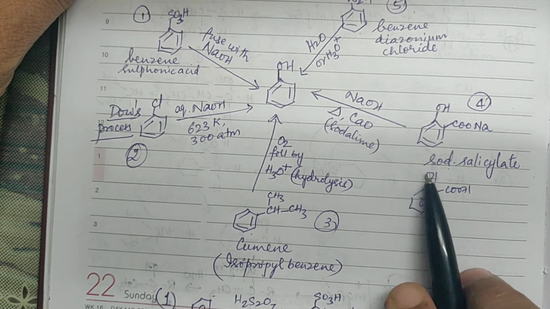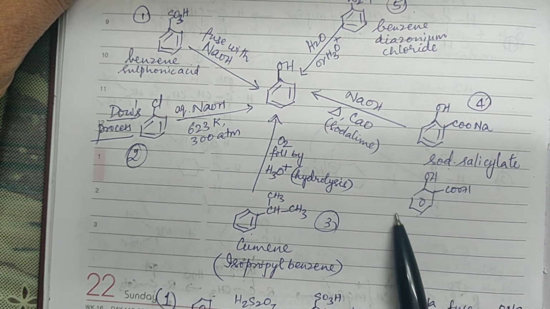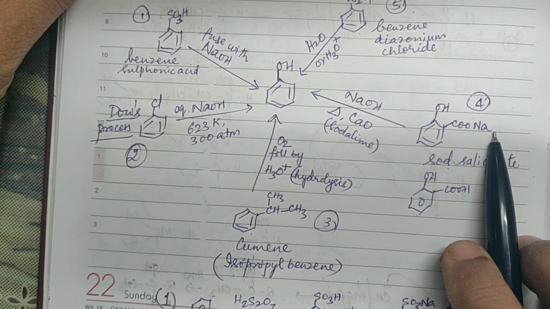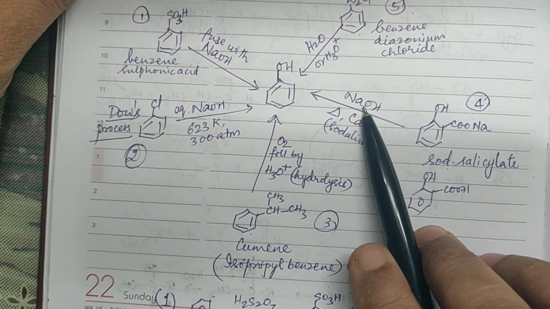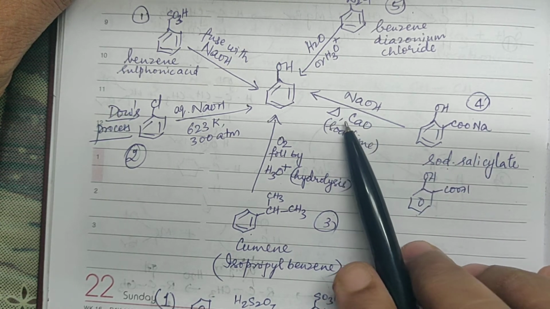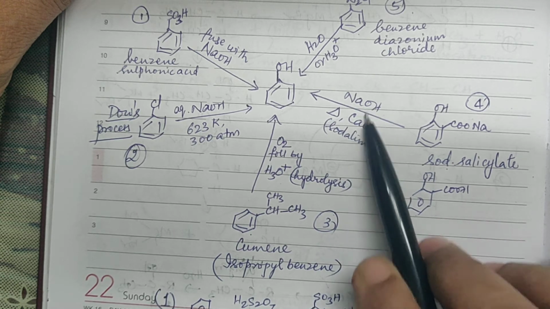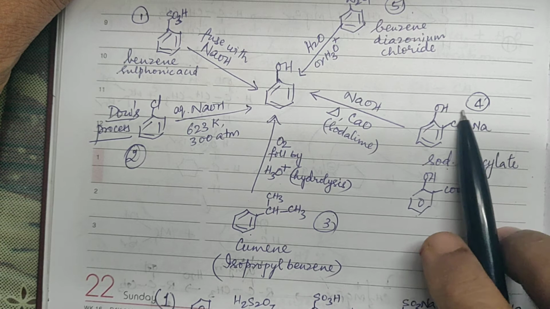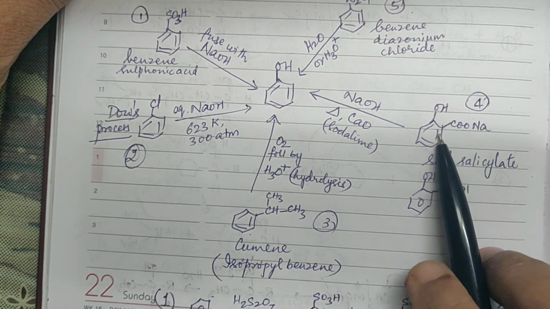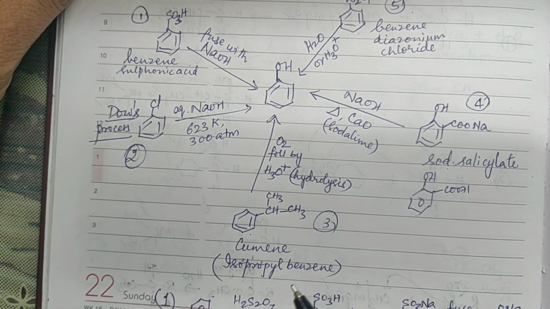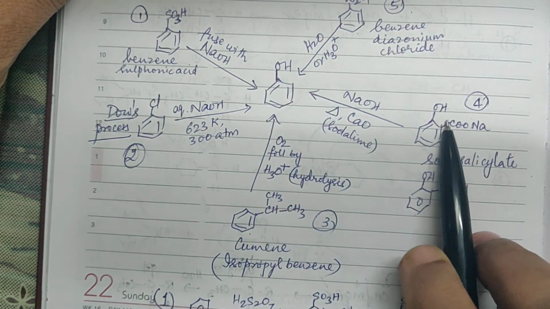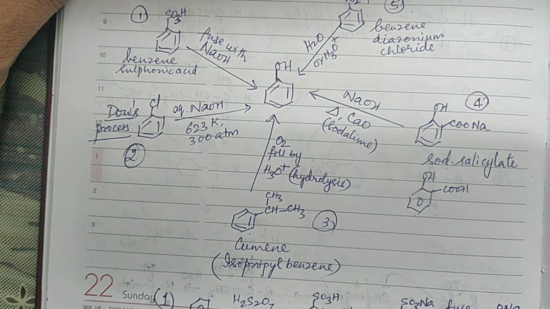Now the sodium salicylate, first of all you should know what salicylic acid is. This is salicylic acid. The corresponding sodium salt is sodium salicylate. Now when you treat it with sodium hydroxide in the presence of calcium oxide, soda lime, is it not? Soda lime treatment you have already done. This you have studied under the alkanes chapter. So you will get the OH group retained and this will go on soda lime treatment. So this is how phenol is formed.